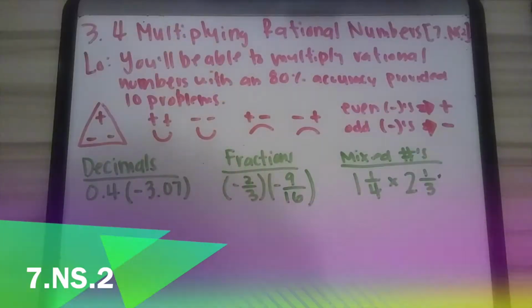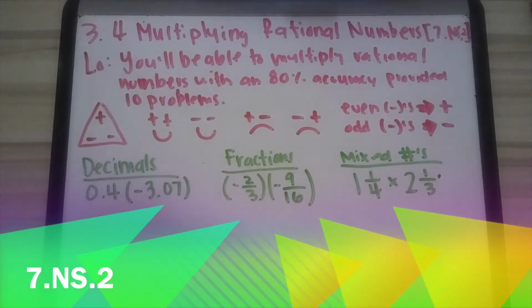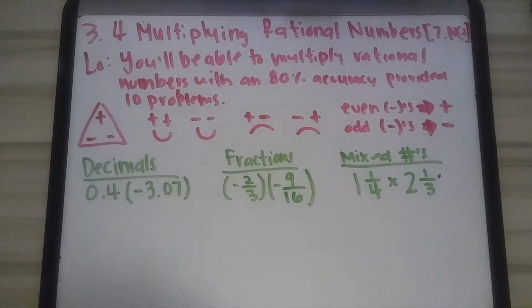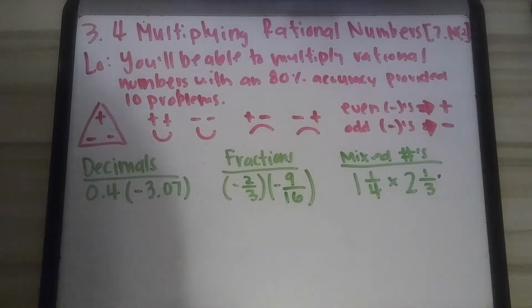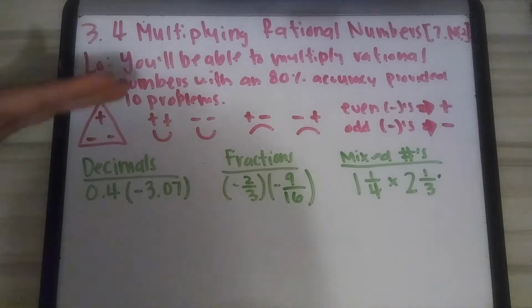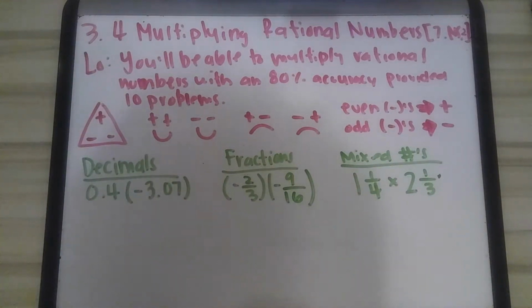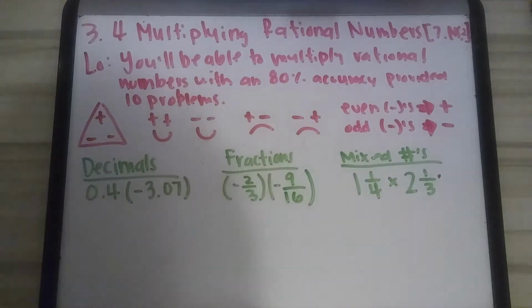Alrighty guys, this is 3.4 multiplying rational numbers. Remember, rational numbers are numbers that can be written as A over B. So basically any number that is terminating or repeating. And so this is going to be your goal, that you'll be able to multiply rational numbers within 90% accuracy, provided